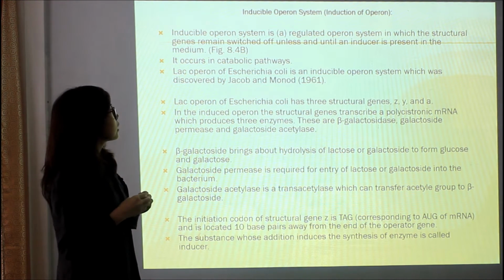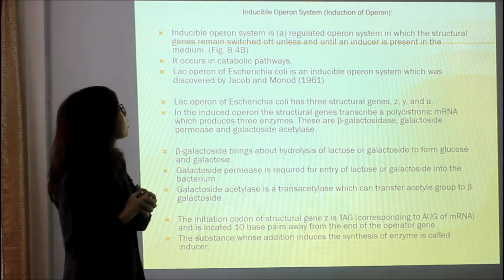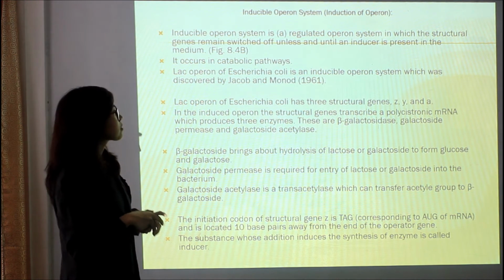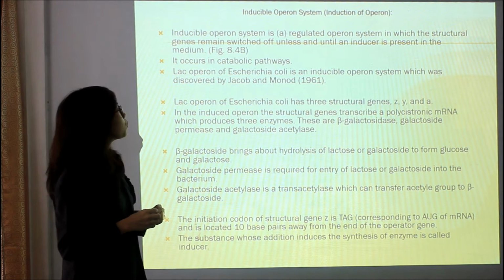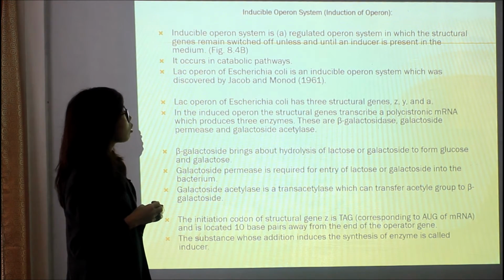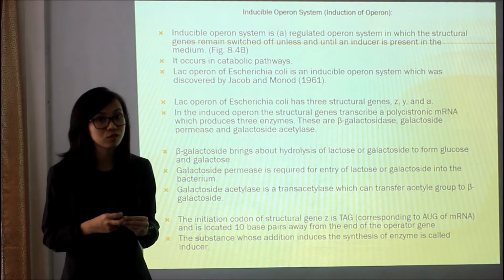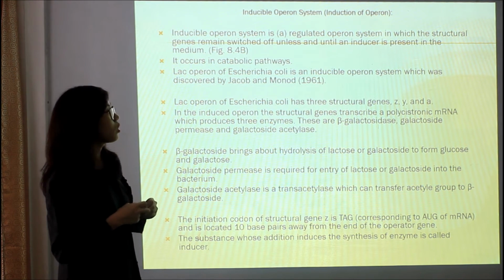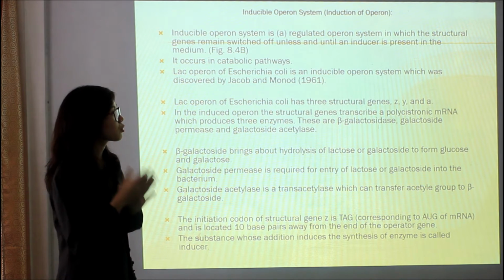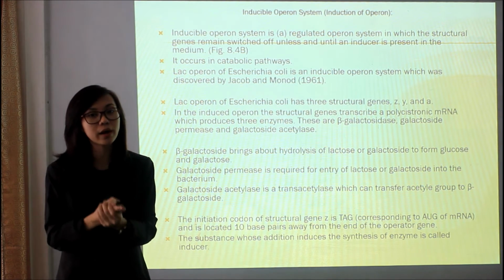So it occurs in catabolic pathways. The lac operon of Escherichia coli is an inducible operon system which was discovered by Jacob and Monod in 1961. The lac operon has three structural genes, the Z, Y, and